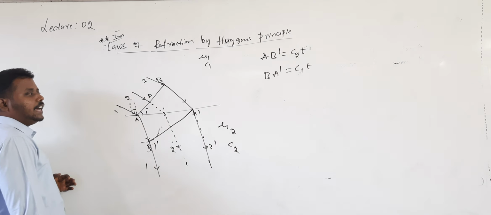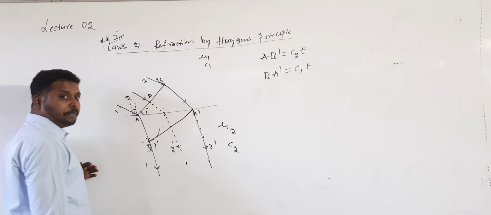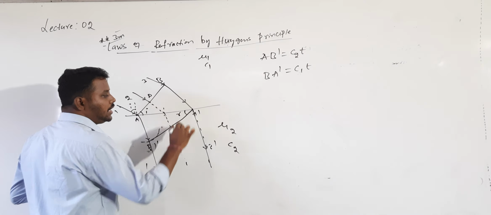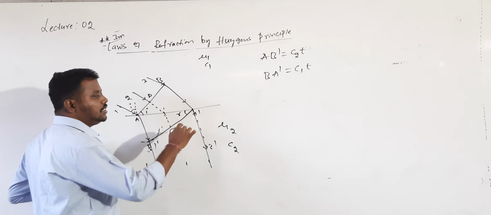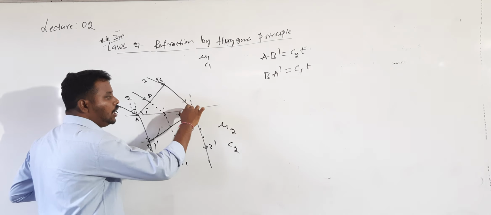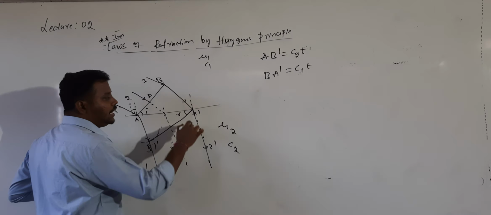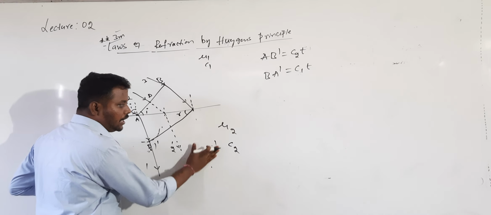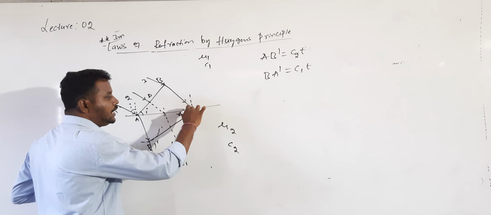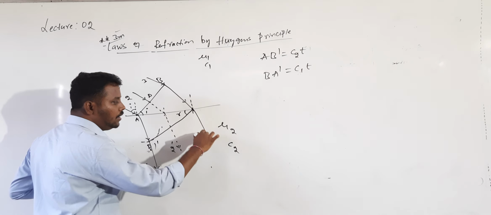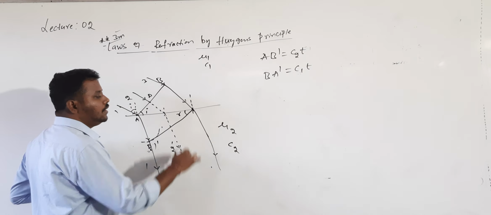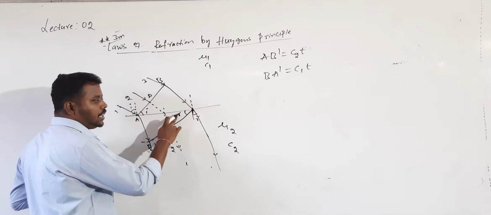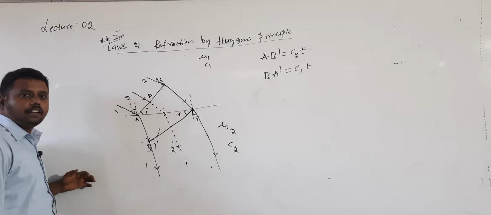Therefore, from the diagram, A dash B dash represents the refracted wavefront. And how can we show the angle of refraction? By seeing the geometry. If I draw a normal, the angle made by the refracted ray with the normal. Here the light ray was refracted. Light will bend towards the normal. This is my refracted ray now. So the angle made by the refracted ray, this value is equal to r. From the geometry we can show this value is also r.